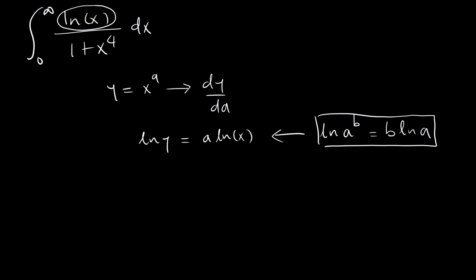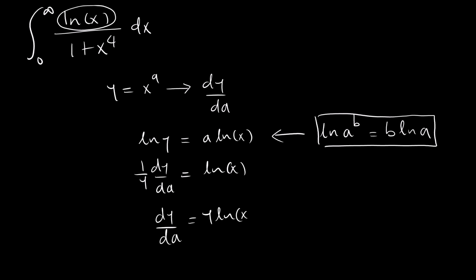So this is what I used, such that 1 over y dy/da is equal to the natural logarithm of x, and therefore dy/da is equal to y times the natural logarithm of x. Here y is x to the a, so we have x to the a times the natural logarithm of x. So this is an important thing. Why? Because